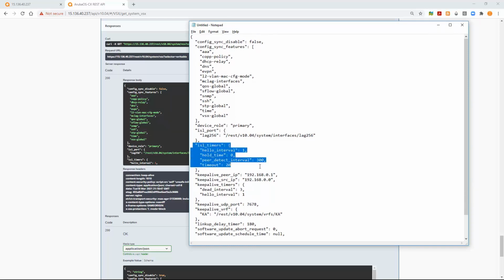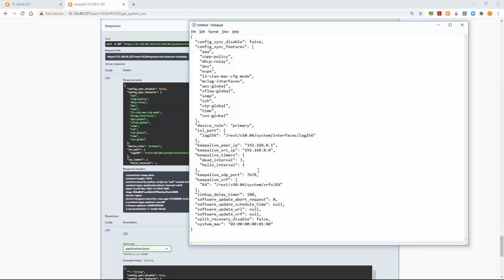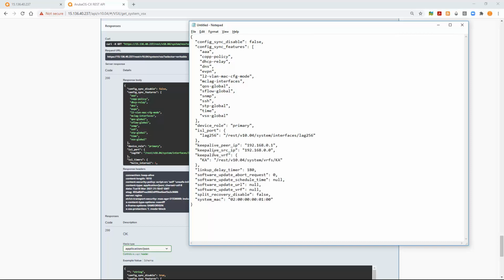So the ISL timer, for instance, is everything default. So let's remove that part. The keep alive timer is also a default. The UDP port is also a default, so I'm going to remove that.